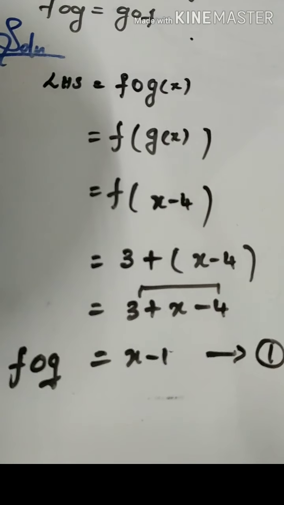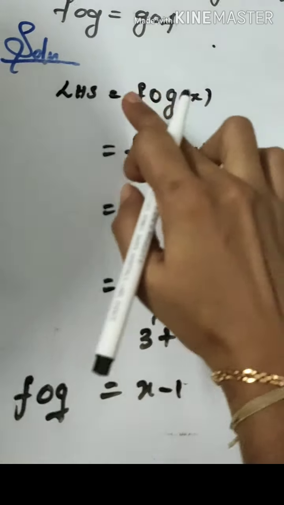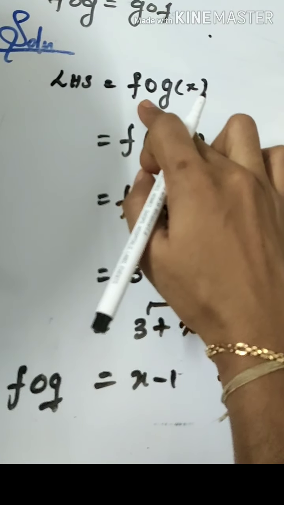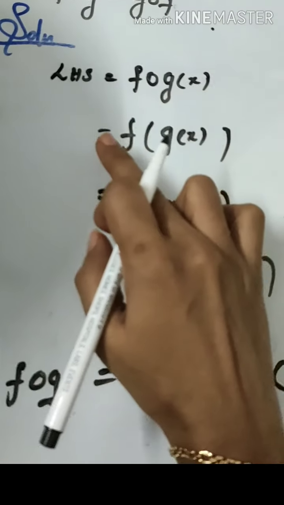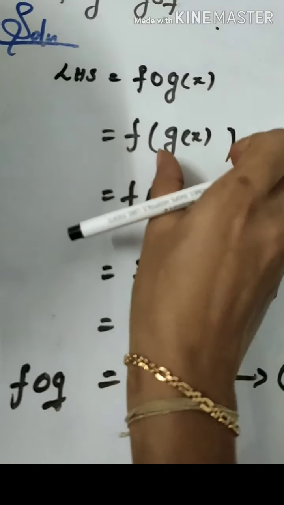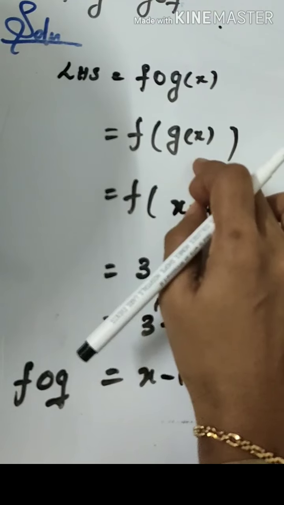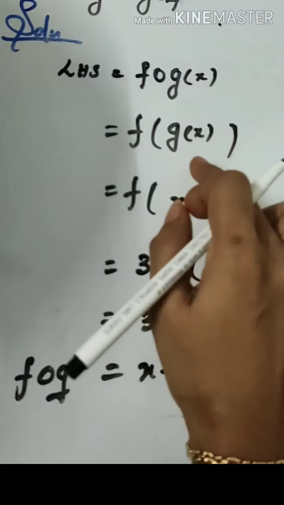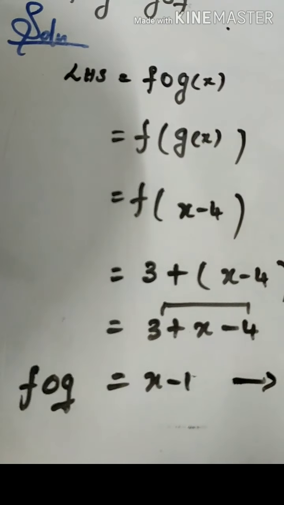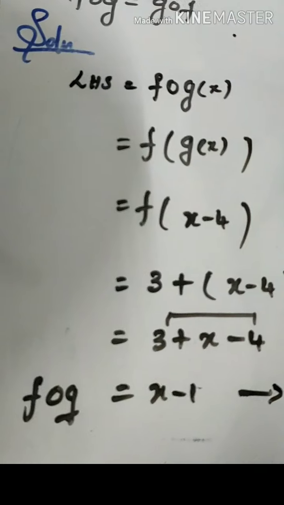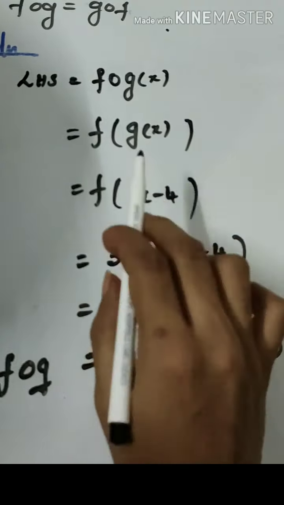I'm just repeating the 5 steps again. First step, you have to add on the given variable. Next step, you have to cancel the composite function. While you are cancelling the composite function, you have to add the bracket. So, f of g of x. The function inside of the bracket is the inner function, and outside is the outer function. So, g of x is equal to x minus 4. We can write the value as x minus 4 instead of g of x.